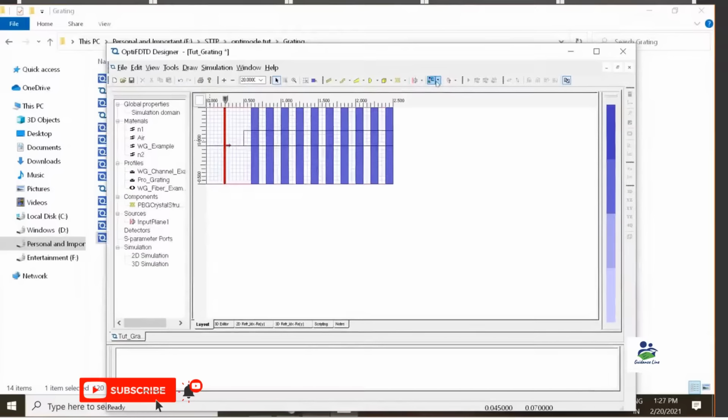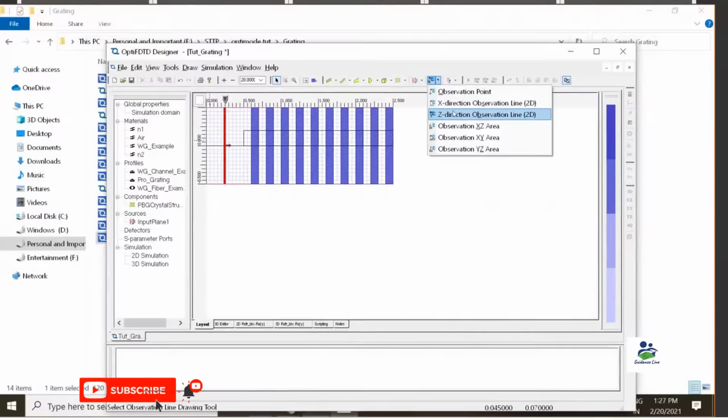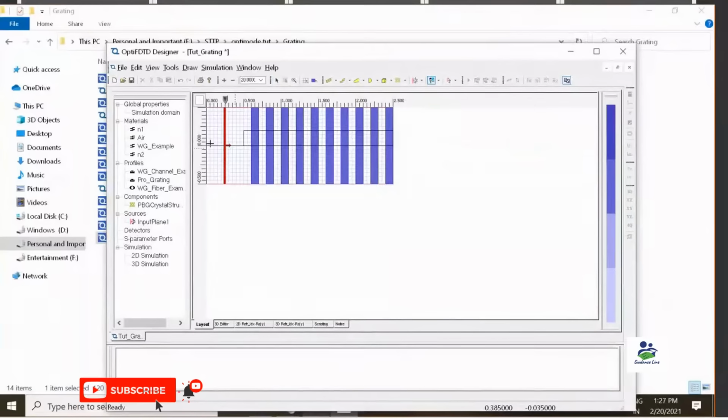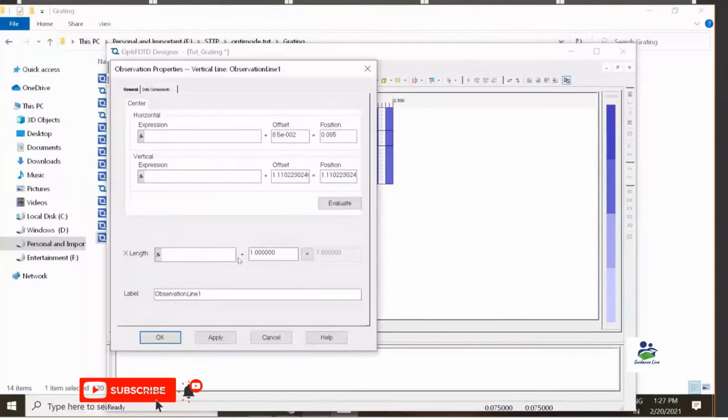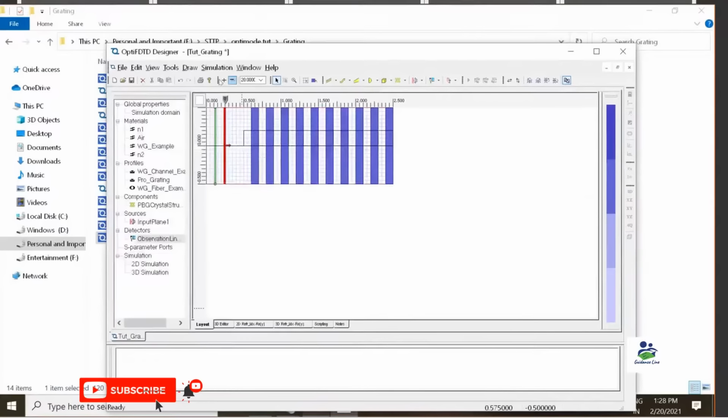So I am creating an observation line in the Z direction and simply clicking it, and the length is 10, expression 0.125, then 0, then 0, 0. Okay, evaluate, apply. Now again I am simulating.